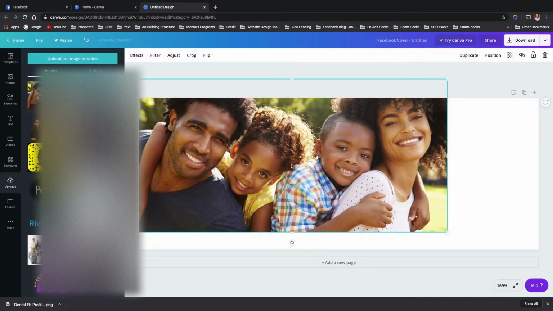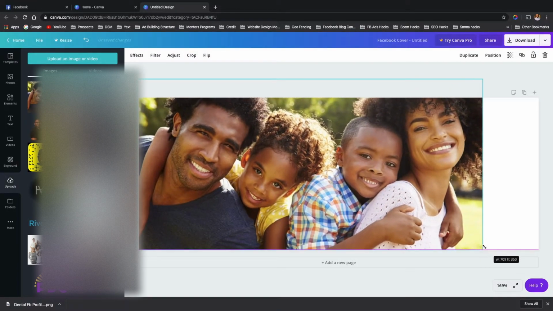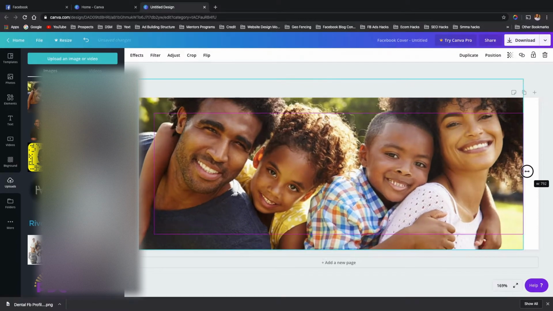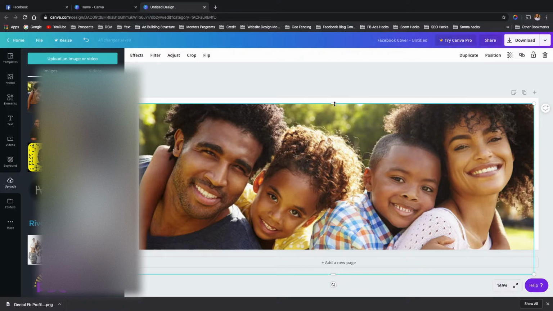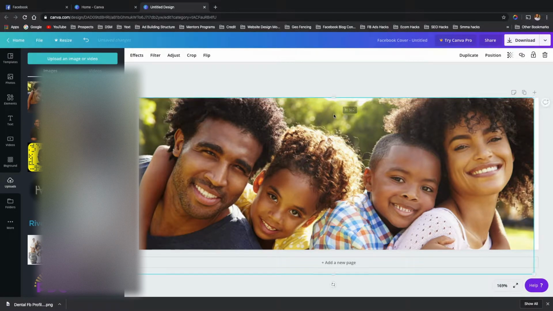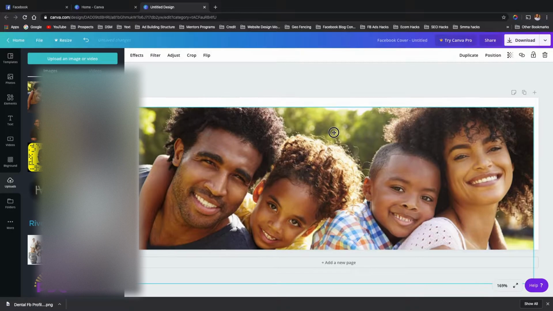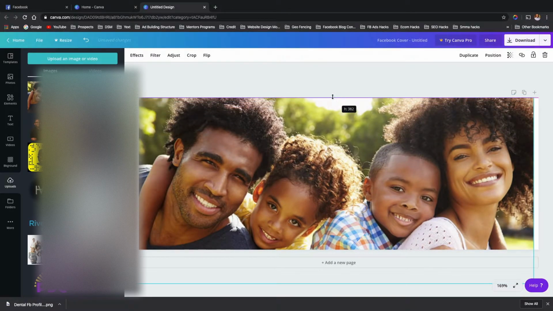So you want to kind of stretch this out without distorting the image as much. So you want to do something like this. You don't have to be super perfect, but you just want to get it in there just enough. So we're gonna shrink this down just about right there to where the smiles show. And then we're just gonna do dental